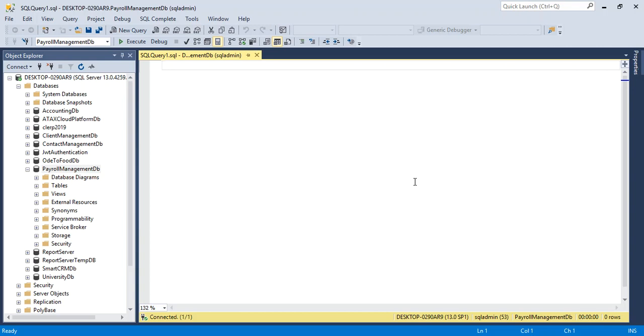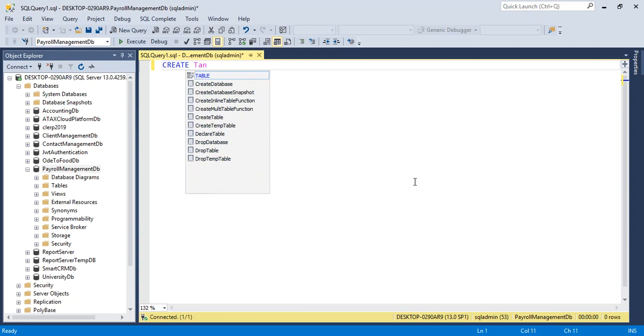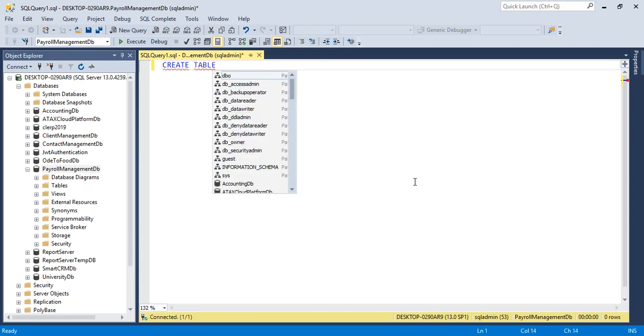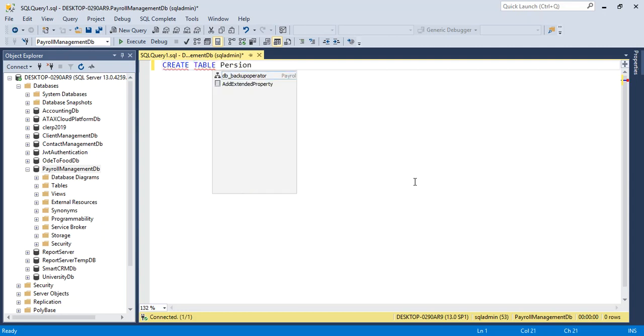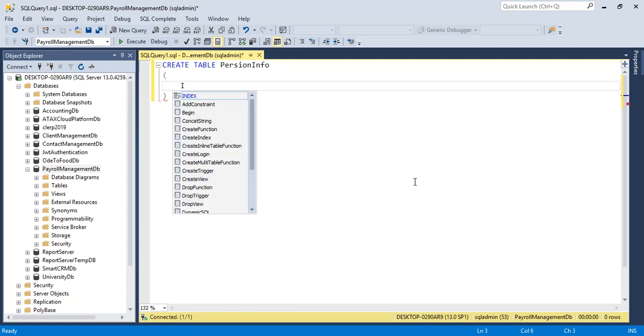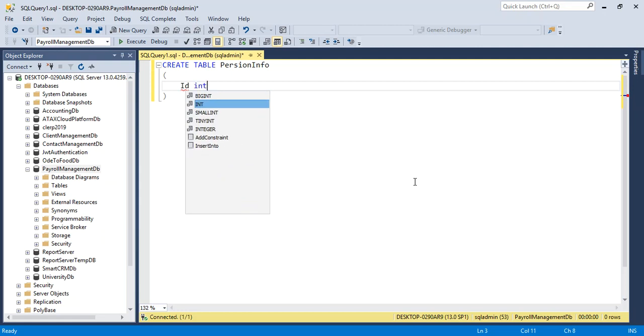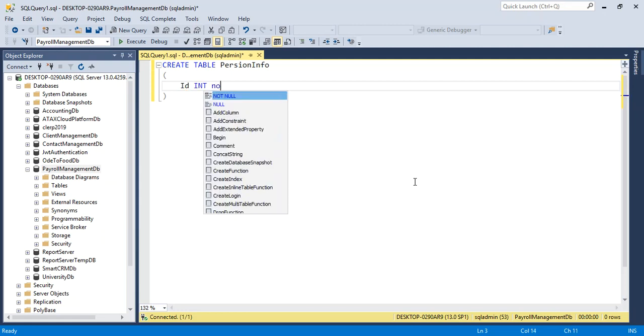This is our query window. So here we just want to create a person table. Create table person info, then inside we need to add a few columns here: id, integer, not null,